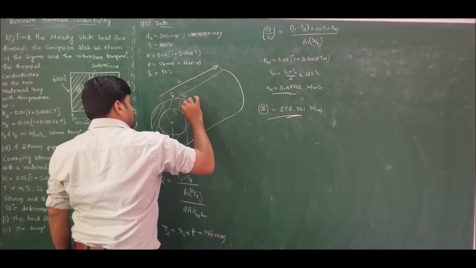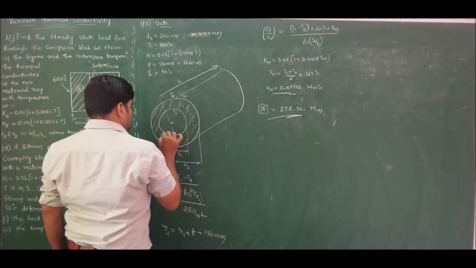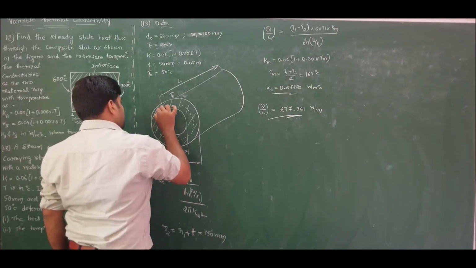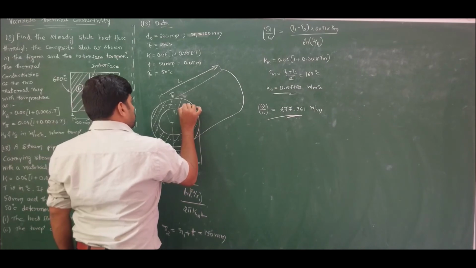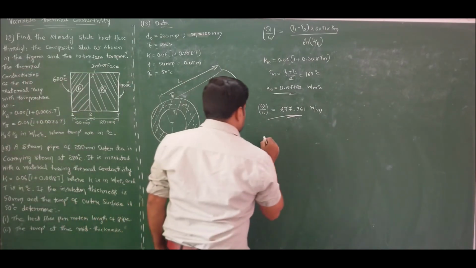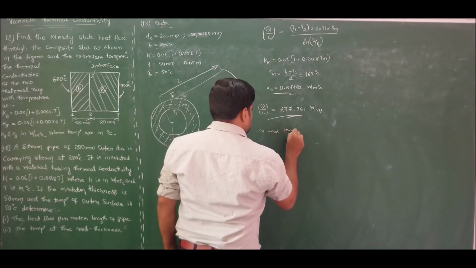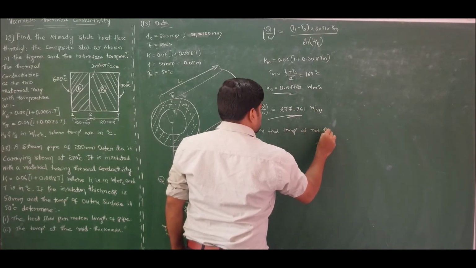So therefore, construct a surface at middle, that is thickness by 2, and mark it as surface M. Now to find temperature at mid thickness,